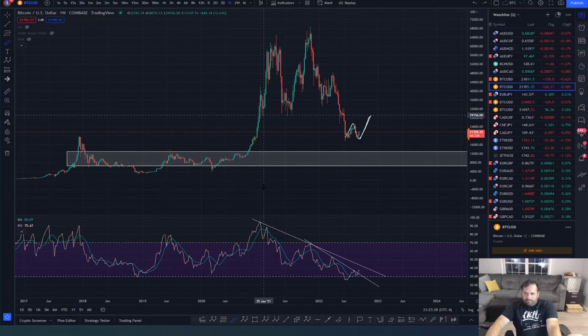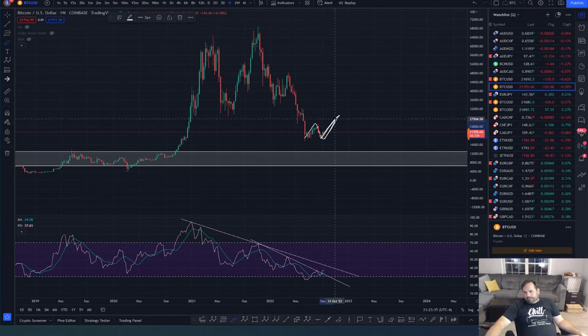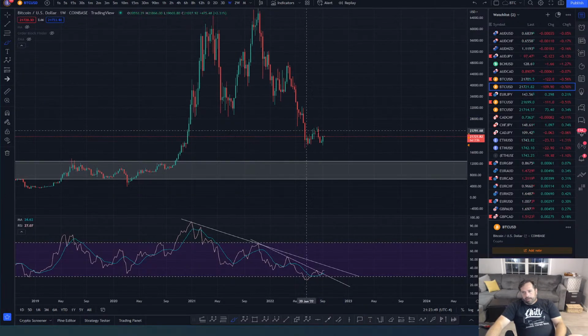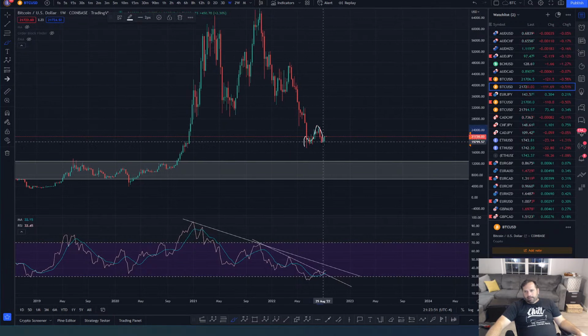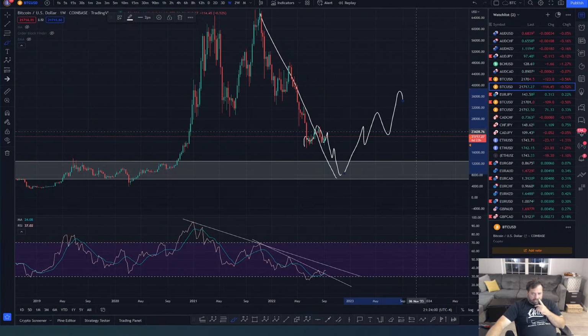Okay, I'm not saying this week. I'm not saying tomorrow. I'm saying that this wave on the weekly chart is going to take us 3 months. It's going to take us into the November, December time frame to get up there if we're going to go. So yeah, it's a possibility for sure. But if this wave is all that we get, then we start impulsing down, and we finish this wave out before we get a bigger correction or a bigger move.